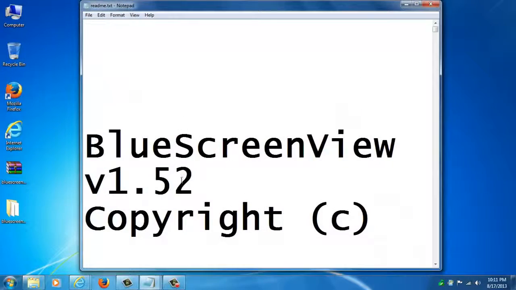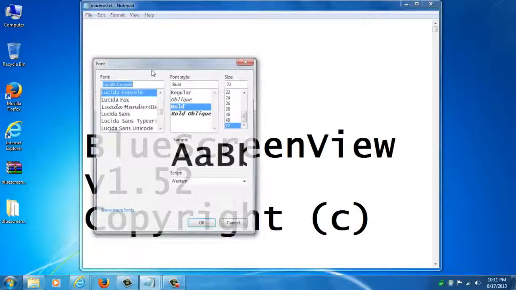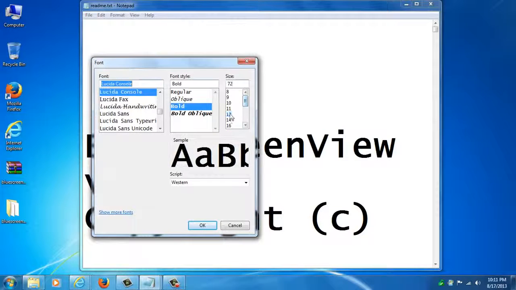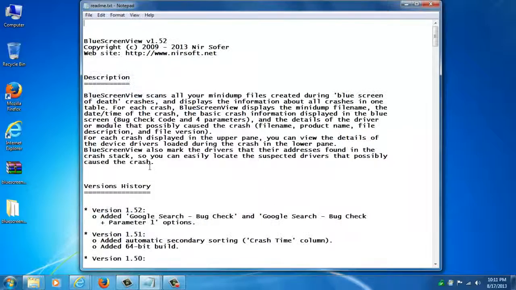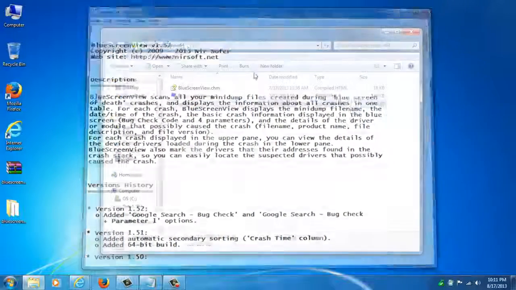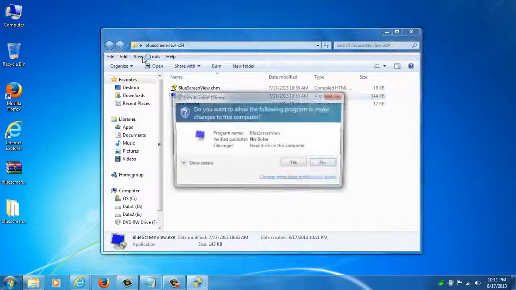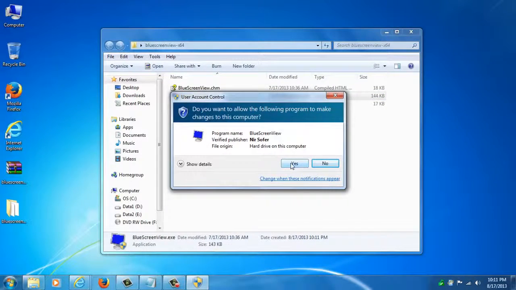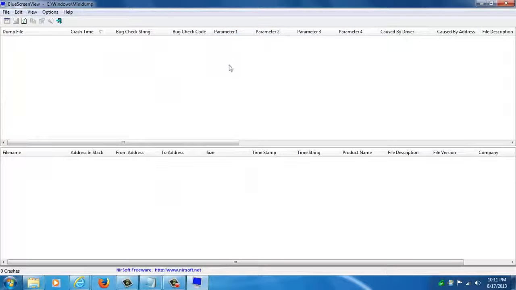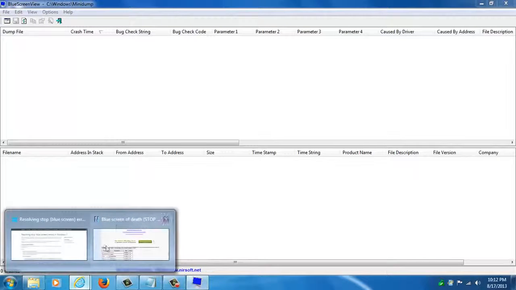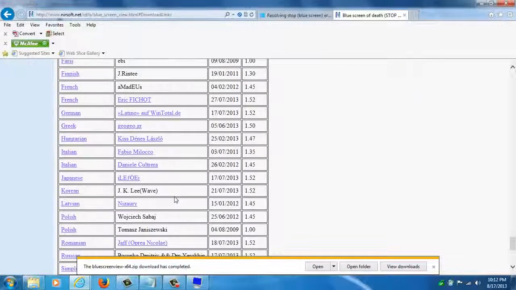And a little README text file that tells you about the program. That's a pretty big font. Okay. Anyways, aside from that, this is the program itself, the .exe. You can just go ahead and double click that, accept the UAC prompt, and here it is. Now, I don't have any dump files in my Minidump folder. I don't have any recent blue screens I had to contend with, so I don't have anything to show you here. But if there were, again, you'd be seeing,